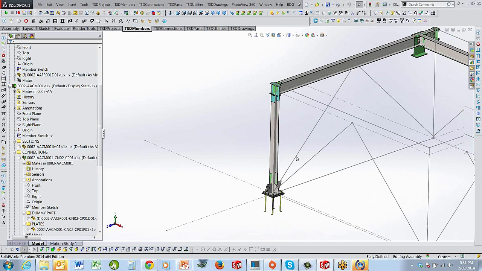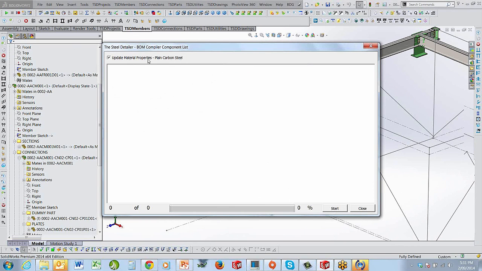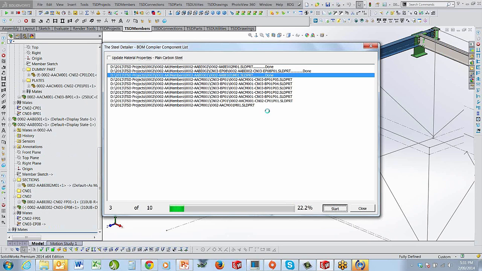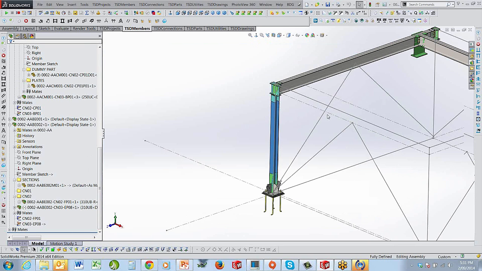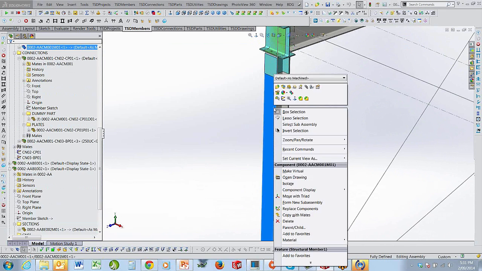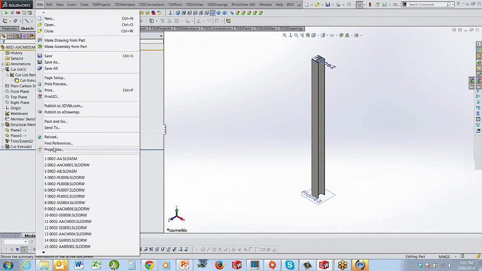Okay, now if I was to run the BOM compiler, which is under TSD Utilities, BOM compiler, I can update all the steel sections to plain carbon steel. I'm not going to do that, I'll just untick it. Now this is just going through everything that's in my project right now. I go back into the actual part that we were looking at,